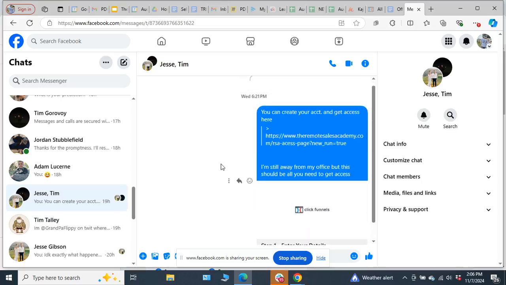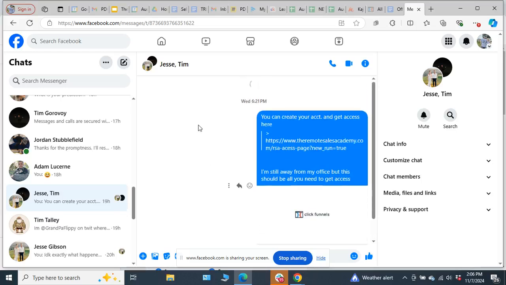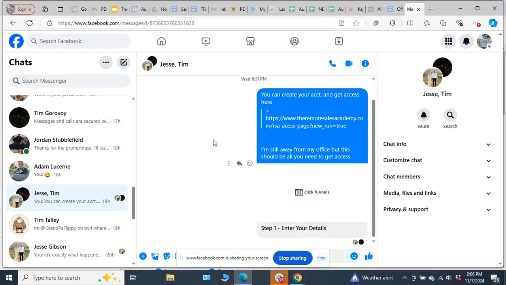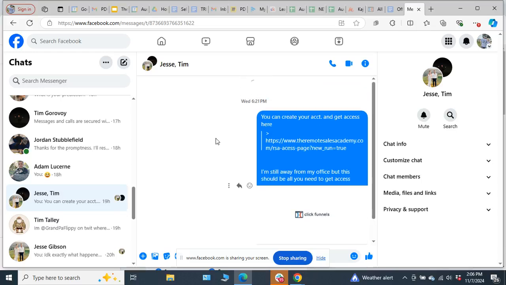And I don't know why everything is not loading all of a sudden. Just since I got on here and started screen share, everything is moving super slow. I should have run a test on my speed before I went live. I usually do. So let's just bear with me and hope this loads here momentarily. While I'm waiting, I don't really want to wait, because there's something else I want to cover, I just don't want to skip ahead. Let me just try to refresh the page. Give it one more minute.